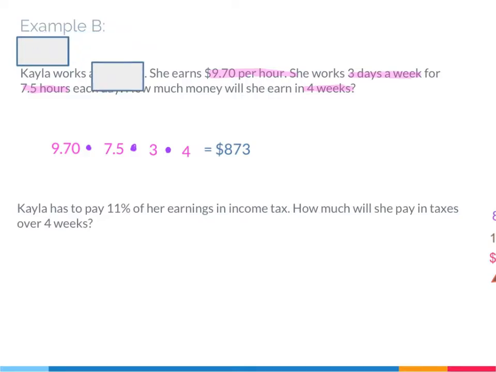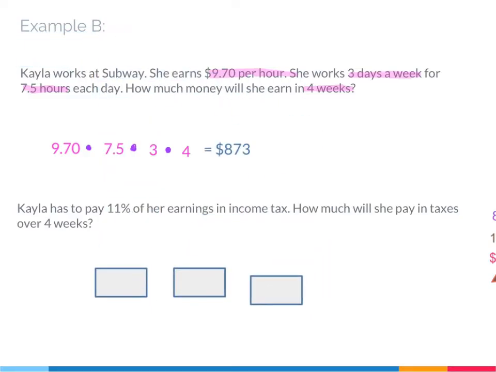So I'm going to take my 3 boxes that I like to use when I'm solving a tip, tax, or discount problem. So I need to figure out how much money she earned over the 4 weeks. I just found that to be 873. So I'm going to go ahead and put that in my first box. Then I need to figure out what I'll be multiplying by, and the problem told me 11%, but I can't put percent in my calculator, so I'm going to have to turn that to a decimal, or 0.11. So I'm going to take my 873 times my 0.11, and when I do that, I get